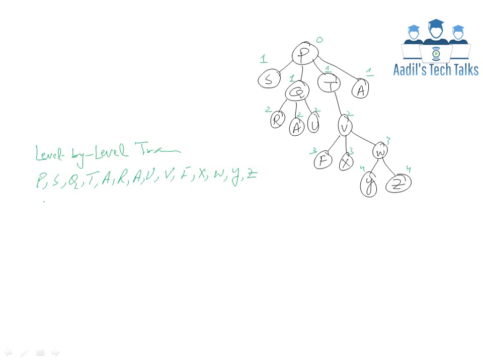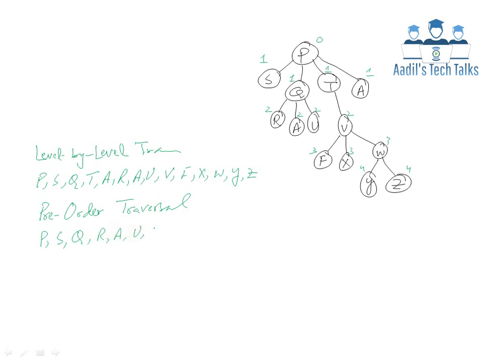Second traversal technique is called pre-order traversal. Pre-order traversal means that a parent is followed by its corresponding children nodes. First of all, the first parent node is P, and from left to right its first child node is S. S is followed by Q. The younger brother of S is Q, but in turn Q is the father of R, A and U.